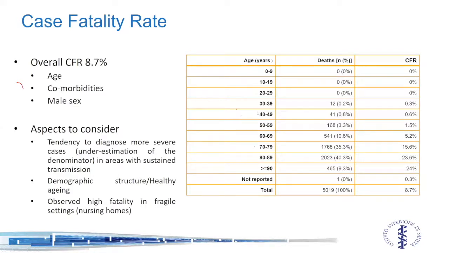About the people under 49, almost all of them had 1, 2, or 3 comorbidities like cancer, like renal failures, and other issues that had previously affected this kind of patient. Having said that, still of course, the infection was determinant in the